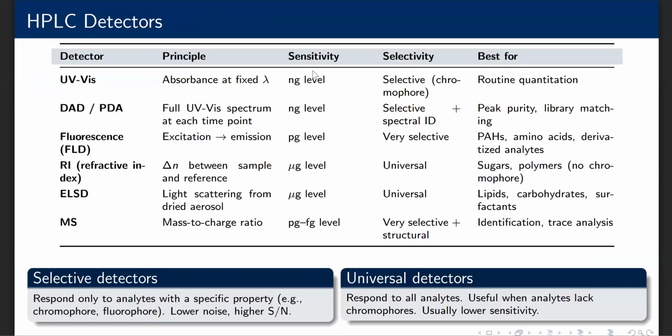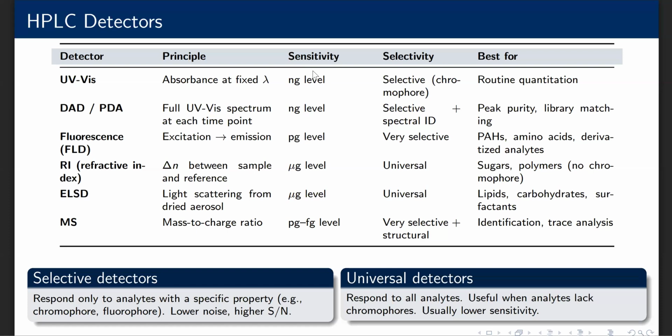HPLC detectors. The detector converts separated analytes into a measurable signal. Study the table carefully. UV-vis absorption is the default. Robust, sensitive to nanogram levels, and most organic molecules absorb somewhere in the UV. A diode array detector, otherwise known as a DAD, records the complete UV-vis spectrum at every time point. This gives both quantitation and spectral identity, and you can check peak purity by examining whether the spectrum changes across